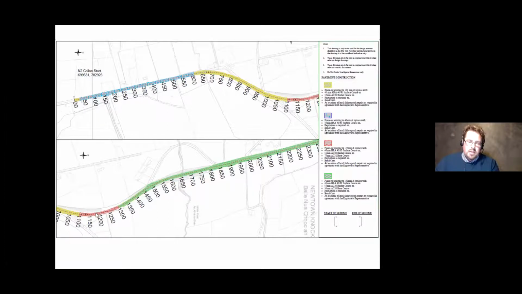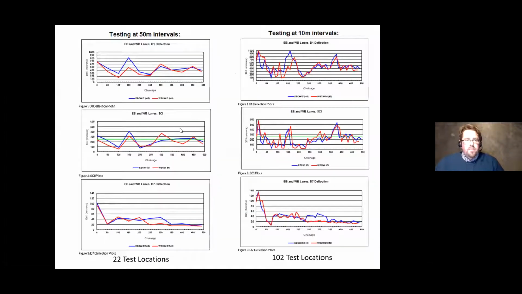So be conscious that if you just let the tester run through that at the typical intervals, you could miss some of the worst of the pavement and completely under-design that section. Or else this section could be used to design the following section, and you could have a complete over-design of the following section. So here's an example of that section tested at 50-meter intervals compared to how it was tested at 10-meter intervals. And you can see if you look at this zone here between 100 and, sorry, this isn't that section, it's another section, but it's the same